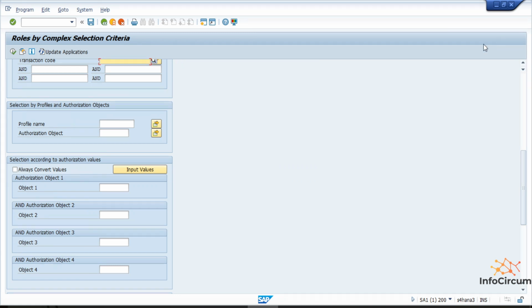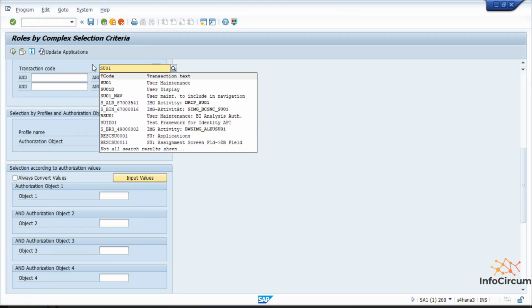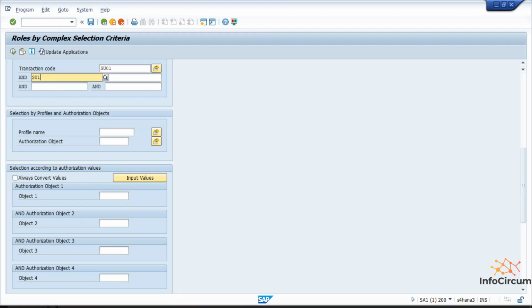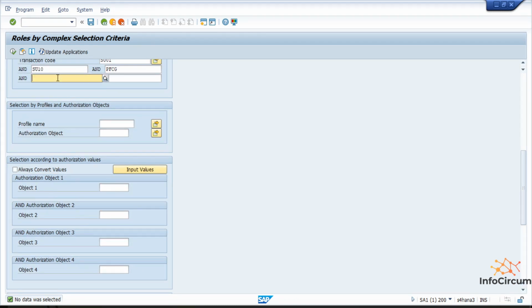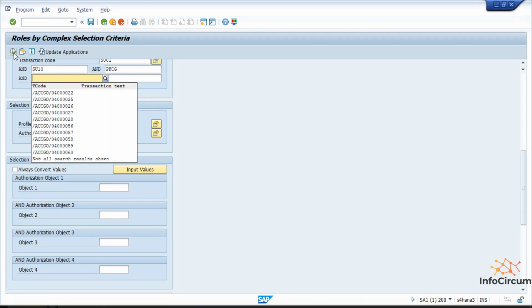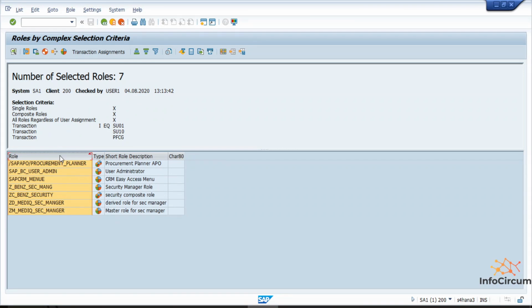Here I am giving all the T-codes: SU01, SU10, PFCG, SU53. No roles are present with this combination. Let me remove SU53. See, these 7 are the roles with the combination of SU01, SU10, PFCG.